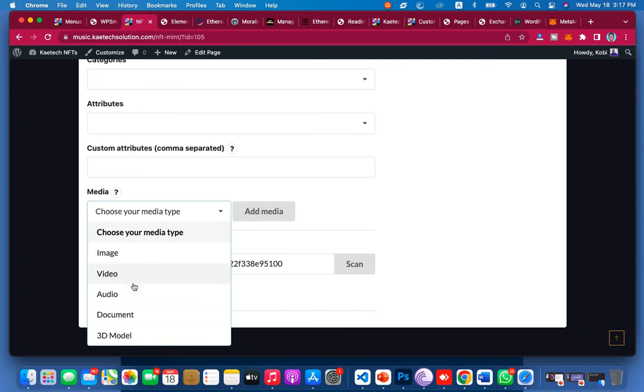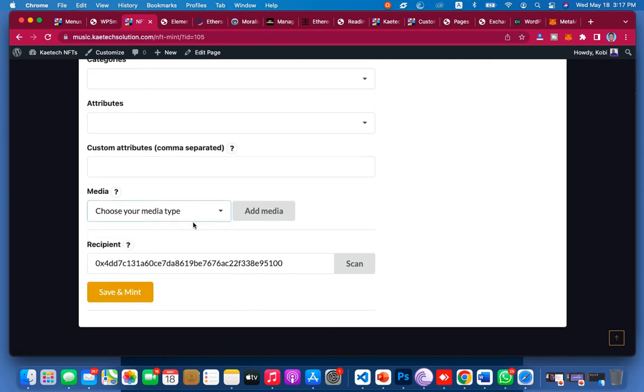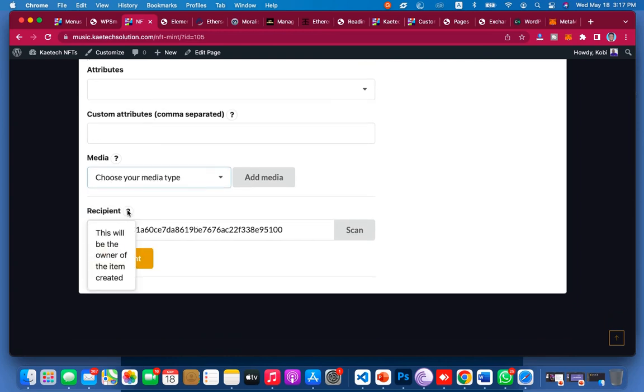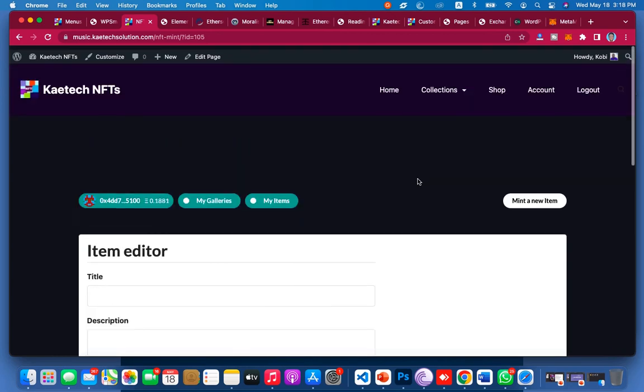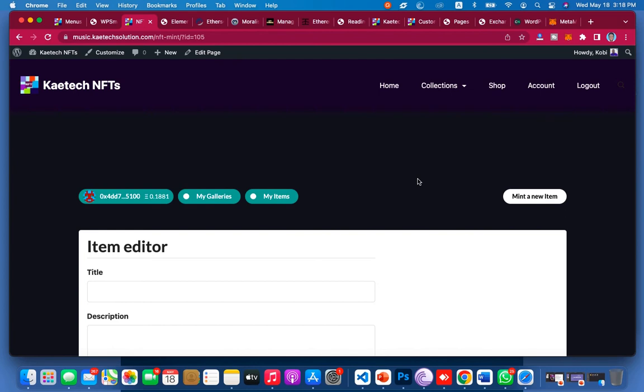Okay, so what kind of media that you want, you choose it, and then this is the address. This will be the owner of the item created. So you can put your address over there, and then you save, and then mint. Okay, so that's exactly how anybody can come over here to mint